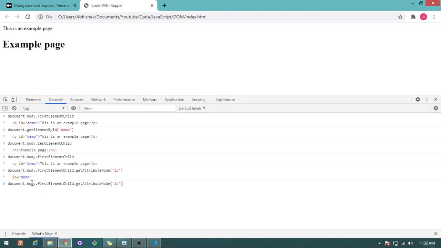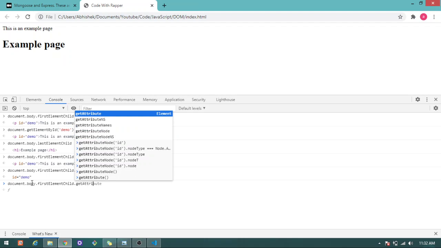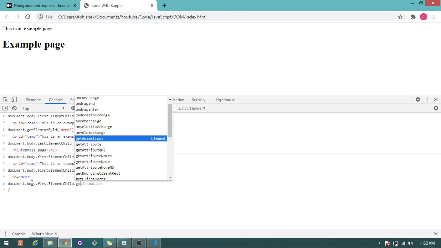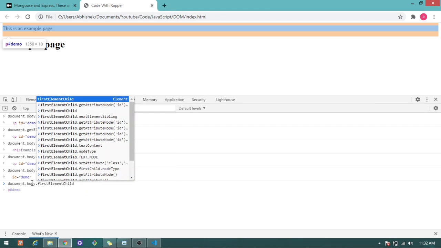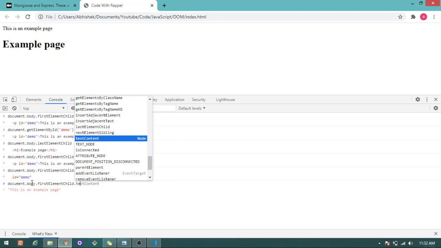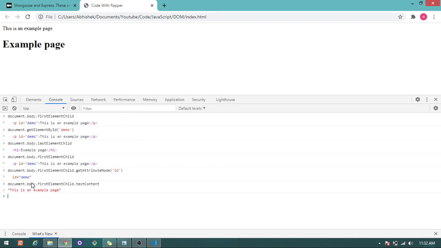Using the textContent property of this first element child, JavaScript can access this text part of this paragraph also.